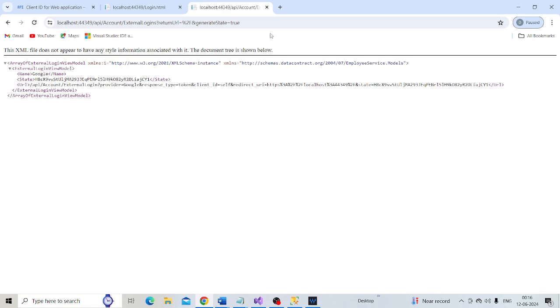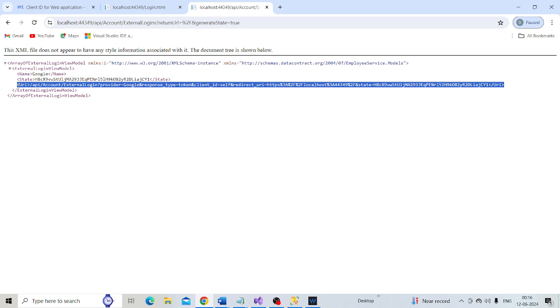We are getting another URL right here. This is the URL that we want to redirect the user to when we click that login with Google button. So I'm going to copy that URL and then specify that here.